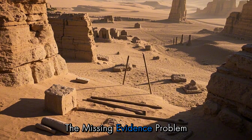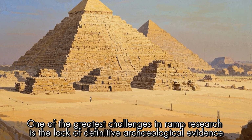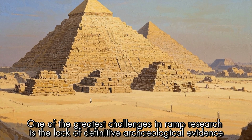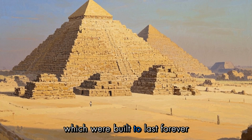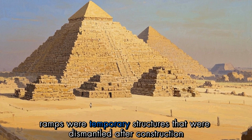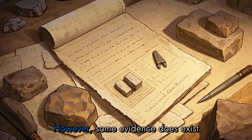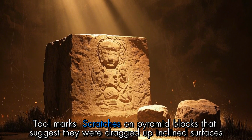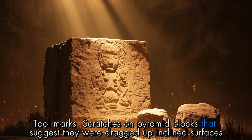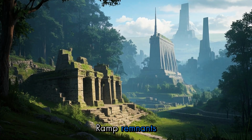The missing evidence problem. One of the greatest challenges in ramp research is the lack of definitive archaeological evidence. Unlike the pyramids themselves, which were built to last forever, ramps were temporary structures that were dismantled after construction. However, some evidence does exist. Tool marks, scratches on pyramid blocks that suggest they were dragged up inclined surfaces,